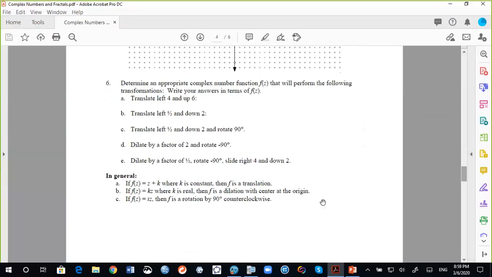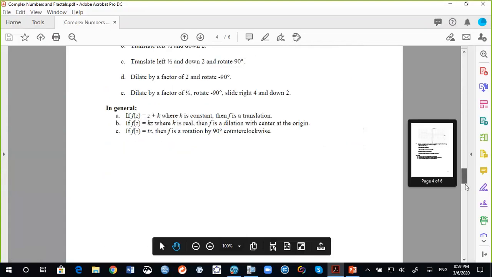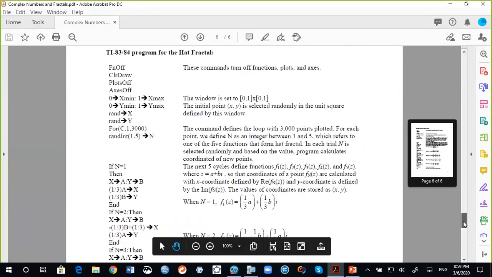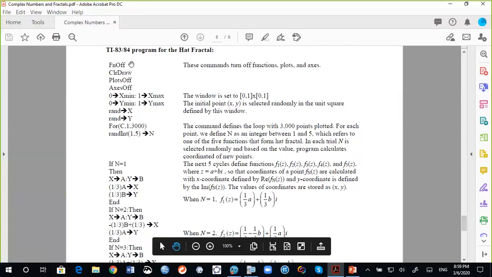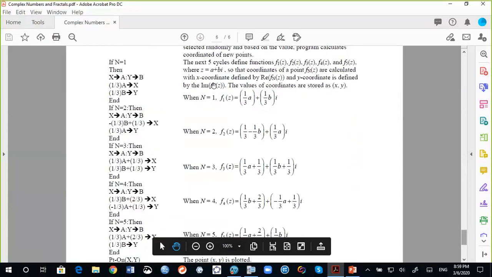So the students come up with their own generalizations that we just discussed, and then the students can use this to build those functions in order to create a program. And so the program could be created where we start with a seed, a random point, and then notice there is 5 loops here. Each loop represents one of those functions, so that it's going to start and randomly pick a point and then go randomly to one of those loops to create a fractal.